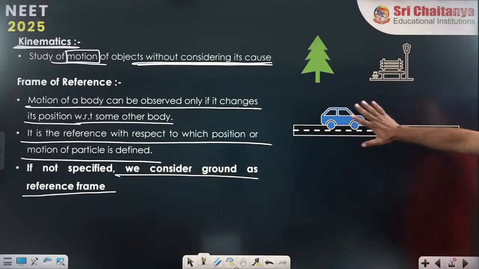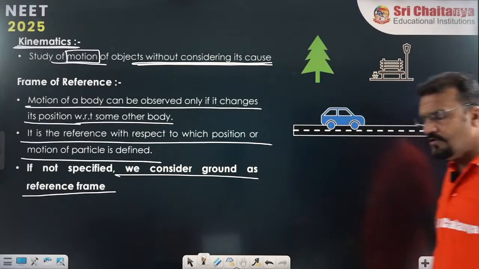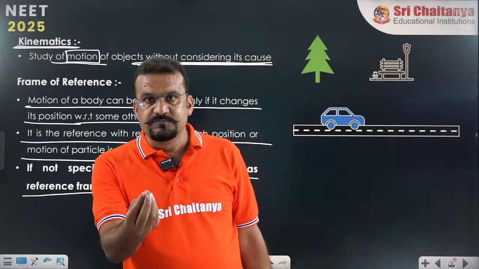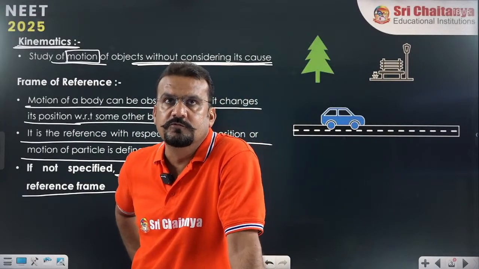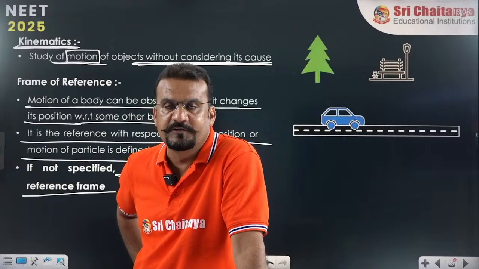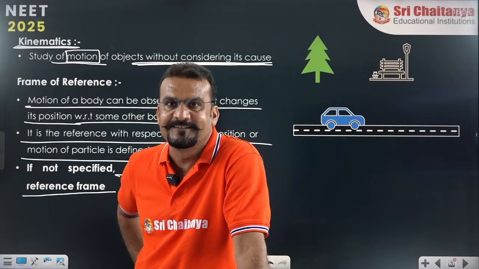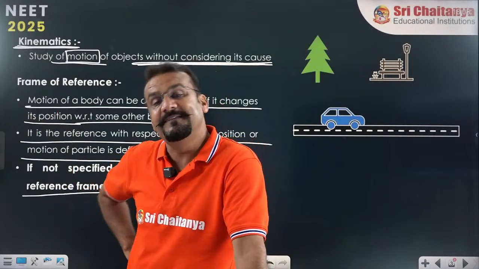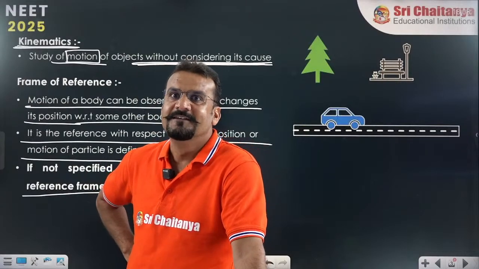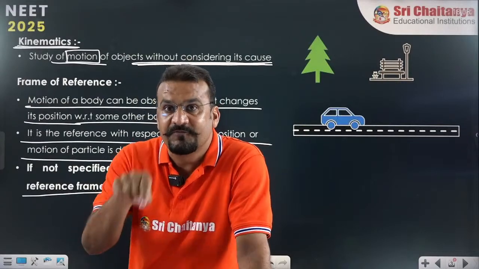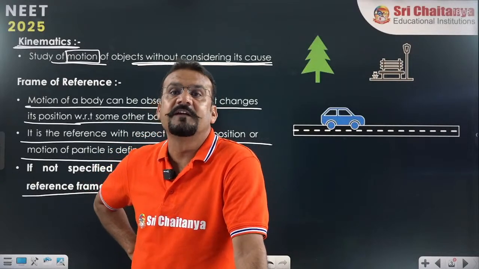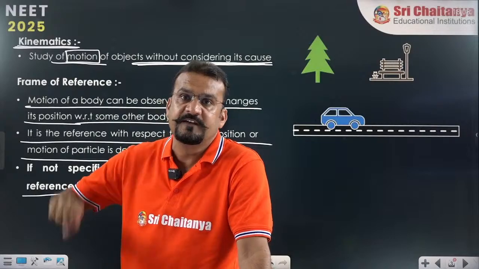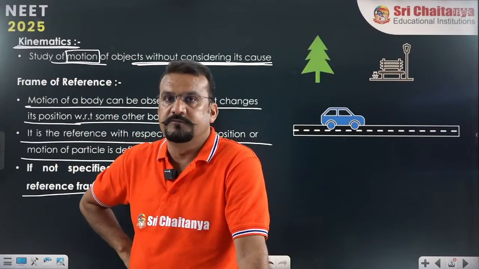See, let us take this example here, student. When you were a very small kid, whenever you used to travel in a car or train, what did we say to our parents? That these trees are moving. Basically, the trees were not moving. We can say that because our frame was moving at that time. Train is moving means our frame of reference is moving. That's why we feel that the objects on the ground are moving.